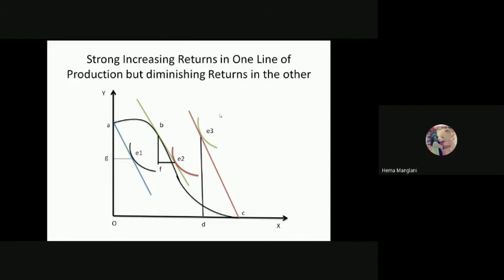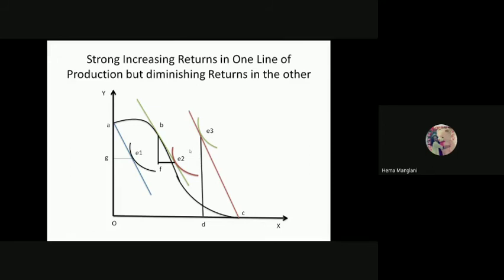Why is this happening so? Because if you look at the price lines over here, the price lines are steeper, and the steeper price line for the commodity Y, if you would offer in the world economy, always you will get the inferior points or less welfare. And if you go with the X commodity to offer in the international market, the prices of X commodity are more, you will definitely get and generate the higher triangle of exchange. So is that clear to you? The point A, point B, and the point C.